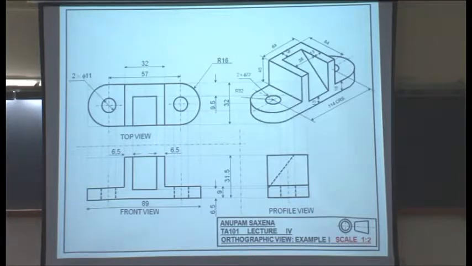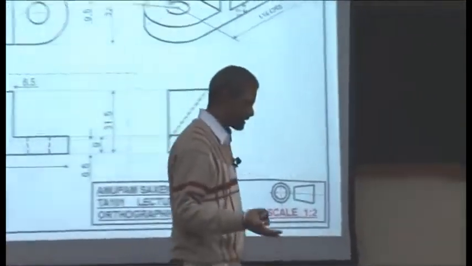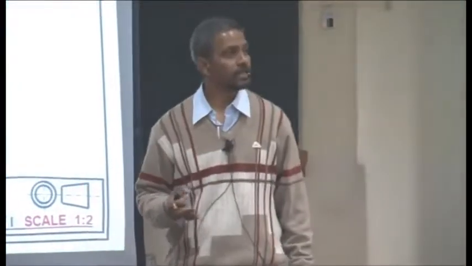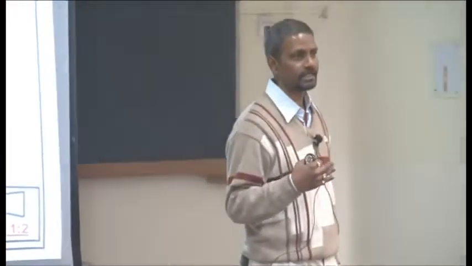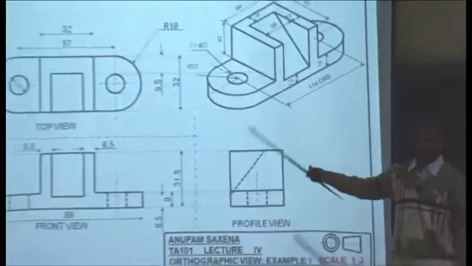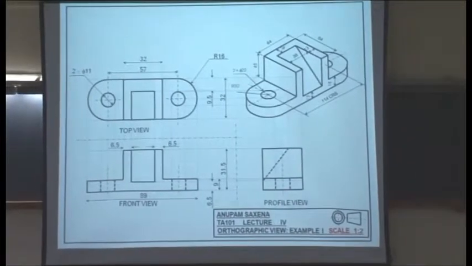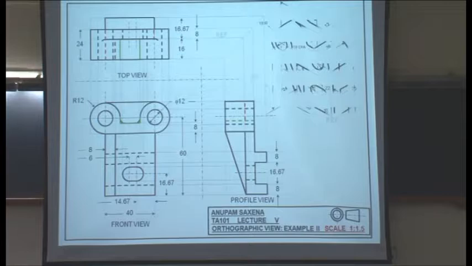But if I show this object to you, you have an idea of what an object would look like in 3D, and you also have an idea as to what the object would look like when looked at from 3 different orthogonal directions. Okay? So would you say that this picture is complete? The 3 orthographic views and a pictorial view or a 3D view? Would you say that? Yes or no? Okay.